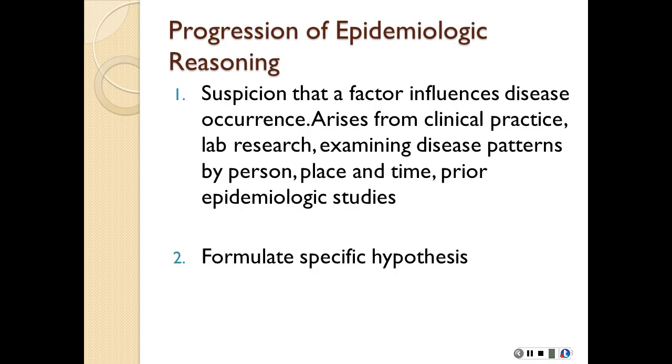So we've looked at our descriptive study, and we have a suspicion that risk factor X, I'm going to use a big example that everyone understands. Let's say we now suspect that people that smoke are more likely to get lung cancer. Let's take it back 100 years before we realized that that was the case, right? People noticed and said, hey, there seem to be a lot of people that smoke that get lung cancer. Maybe we should test this. This is when the progression of epidemiologic reasoning comes in.